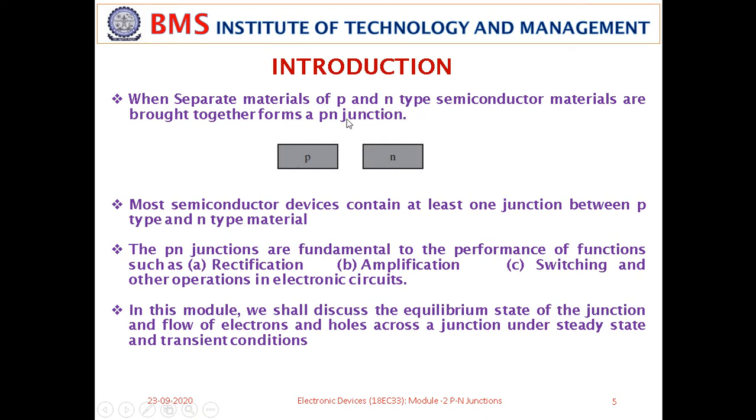That's not real, but the reality is this, as I told you, that we diffuse N type into P type semiconductor material or P type into N type semiconductor material. When we diffuse here, that forms a PN junction. Okay, so it can be an NP junction or it can be a PN junction. In either way, we can make a diode. A PN junction is also called a diode.